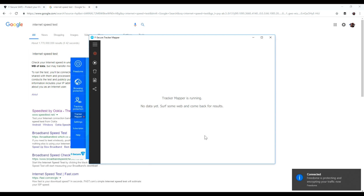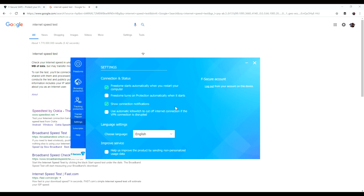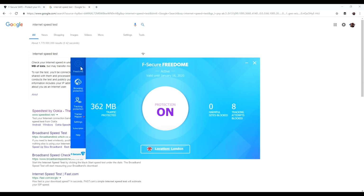What happens is you surf a few websites and come back for the results a bit later. So I'm just going to close that for now. And then you've got your settings on there, which you can change. You can turn it on as soon as the machine starts, or you can start it manually. And you've got your subscription and help information there. But on the main Freedom page, as you can see,